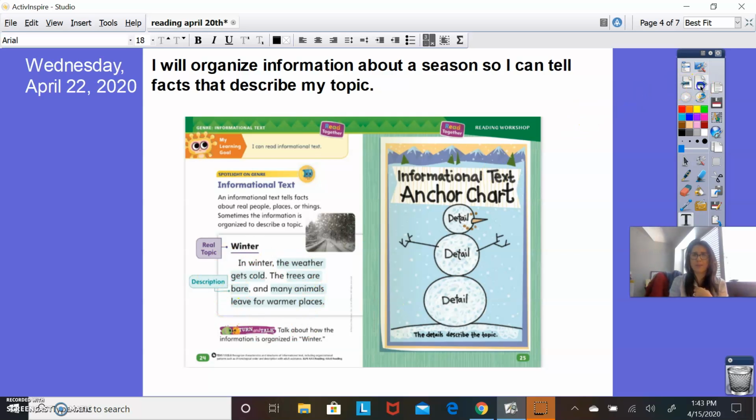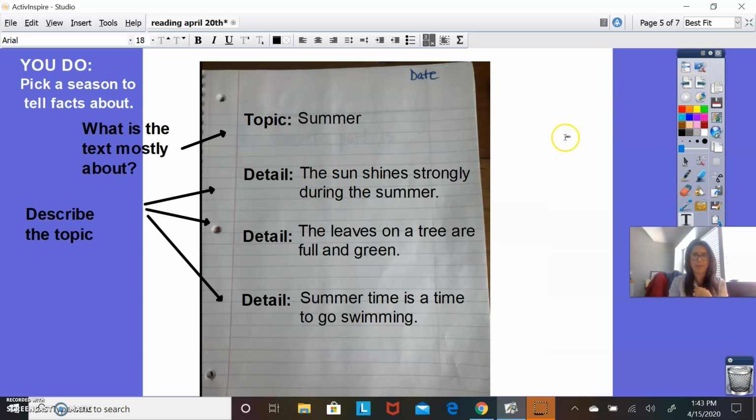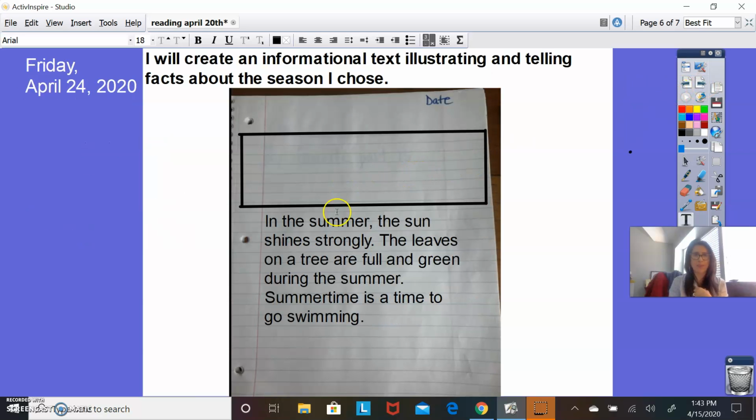I have my topic here. This is my topic, in the summer. And then I have my three details. The sun shines strongly. The leaves on a tree are full and green during the summer, and summertime is a time to go swimming. So now all that's left is for me to illustrate, to draw a picture that matches